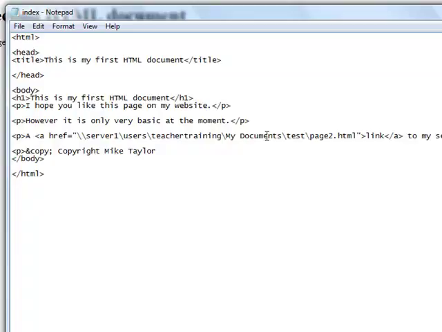So therefore the way to go is to always use relative links, because that means that wherever you move those pages to, they always know where they are in relation to one another. And just as a reminder, a relative link is where you don't put the precise location on that computer, it's just whereabouts that page is relative to the